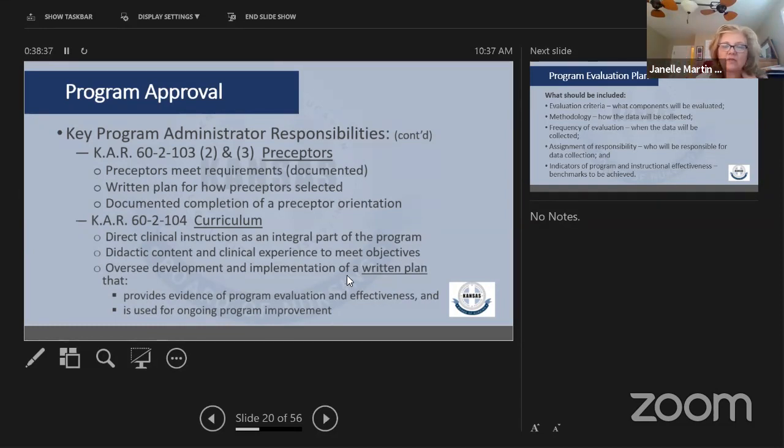And so what that plan does is it provides evidence that you're doing evaluation, you're looking for effectiveness, and that you're using that data for ongoing program improvement. Probably this is one of the big areas that I get a lot of questions on whenever we do site visits, that we spend a lot of time on because it's very important.